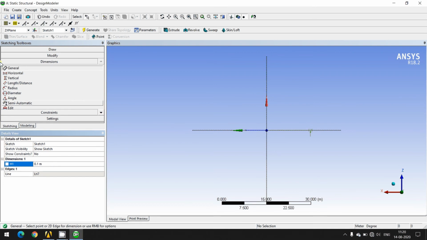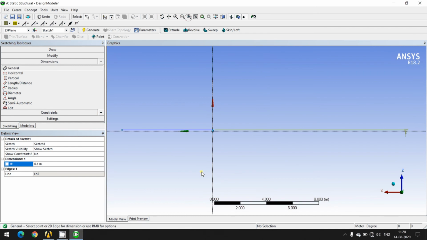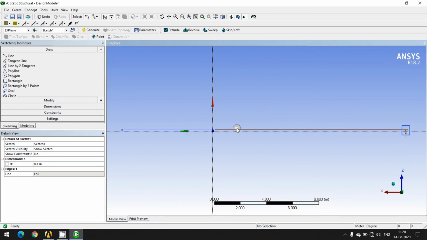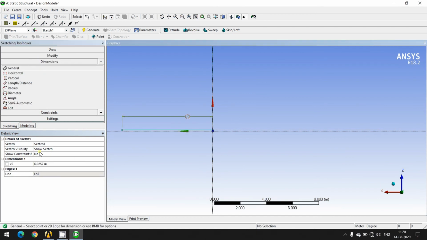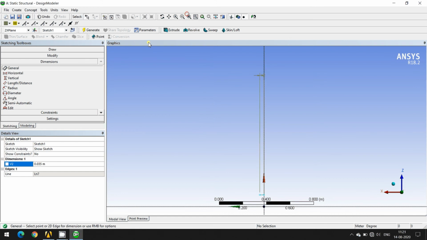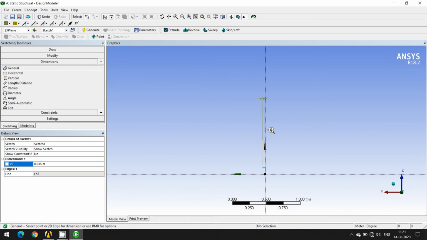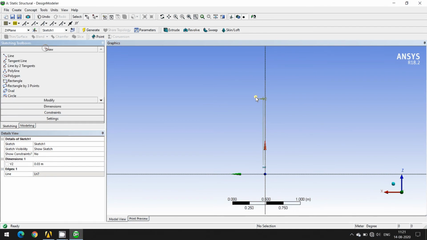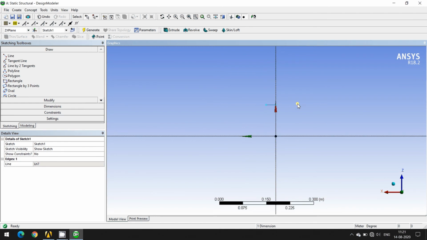Okay, so this will be now very small, so let us zoom this. I'll go to draw once again and I'll delete this, and I want to have a dimension of this as say 0.035. Okay, so now if I click over here, you can see this is like this. In place of doing this, I'll just go for 0.03, not 0.035. I'll go to draw and I'll delete this. Okay, so I've just drawn a simple line like this.